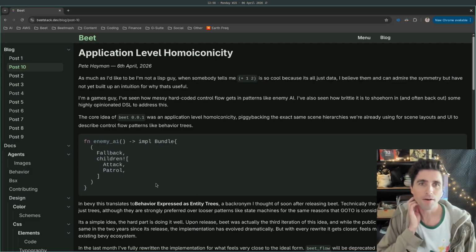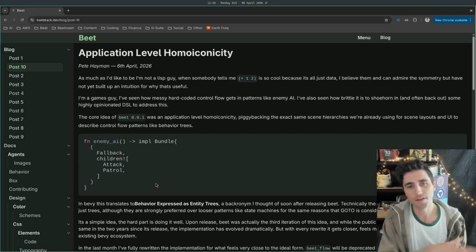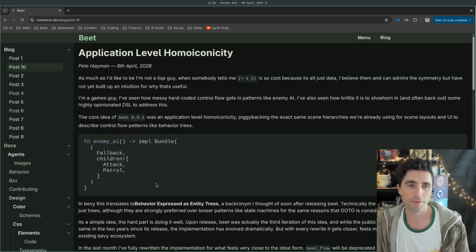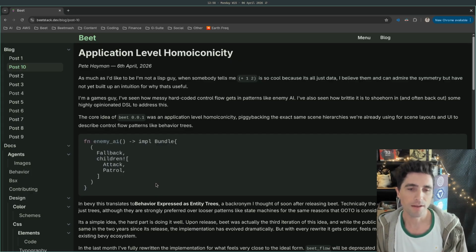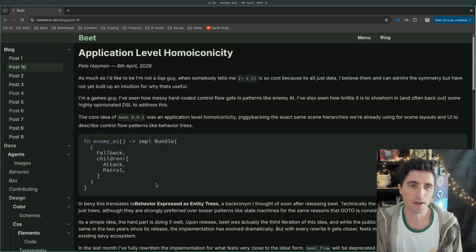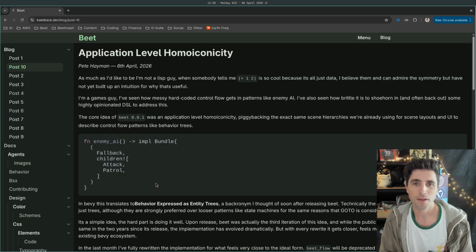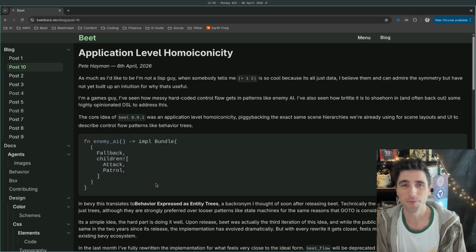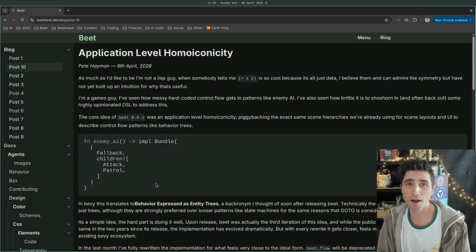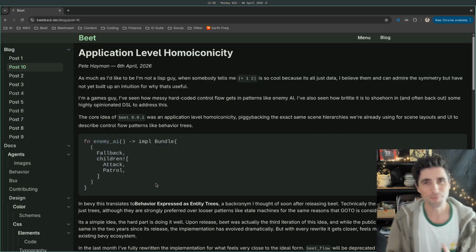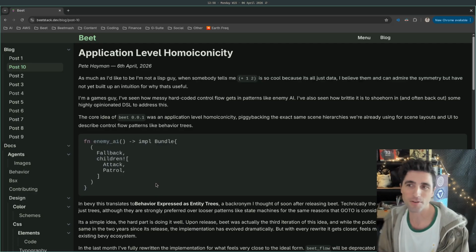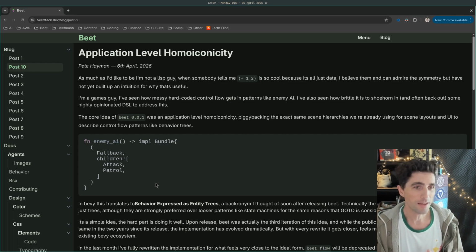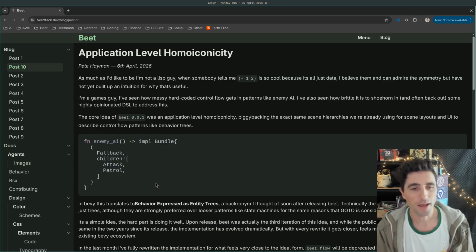I've been thinking about how Beat started, the core idea before it exploded into a meta framework, and coming back to that because I've basically rewritten that core part of the framework recently. There's this idea, most popular in Lisp, of homoiconicity. I'm not a Lisp person, but I find the idea and the terminology quite interesting, particularly because that's kind of what Beat is, but for the application layer.